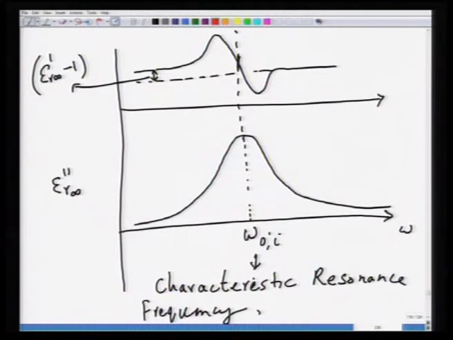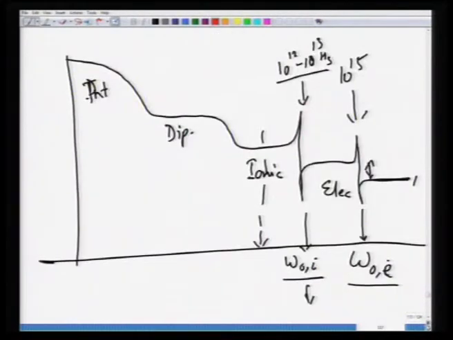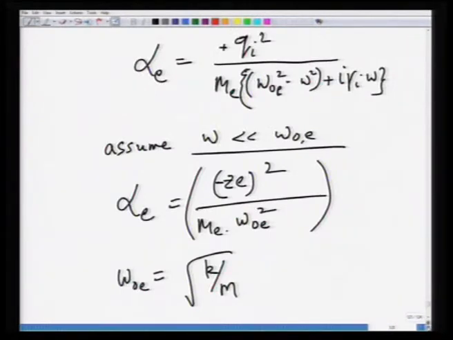So, this is what we learnt in the previous lecture, and so you can explain the origin of these two peaks, which are nothing but due to resonance. And you can also simplify this equation, again bringing back to what we learned earlier, how we derived it by using just a force balance model. So, if you take, let us say, static values, omega much smaller than omega naught E, you can simplify this equation as minus Z e square divided by m omega naught E square,